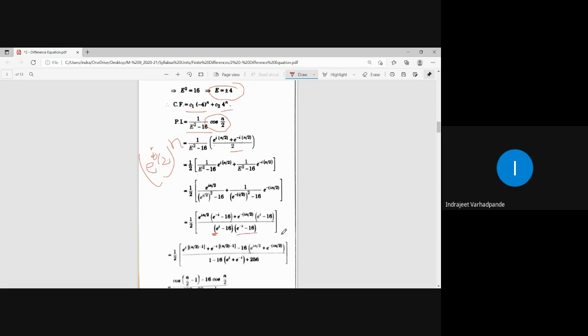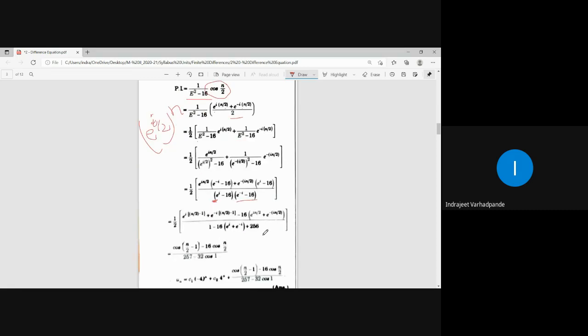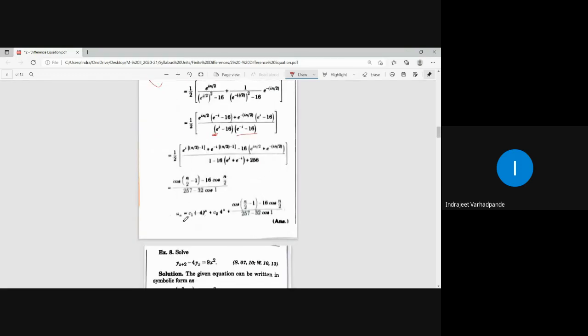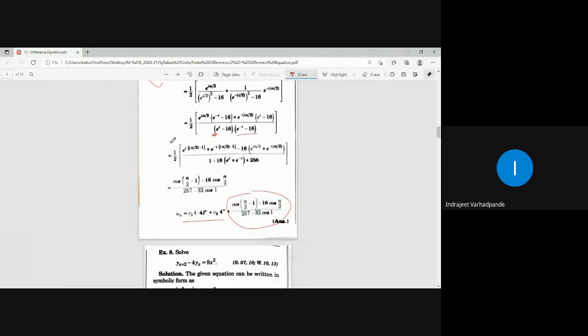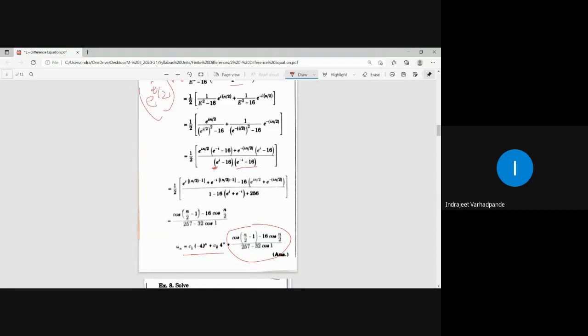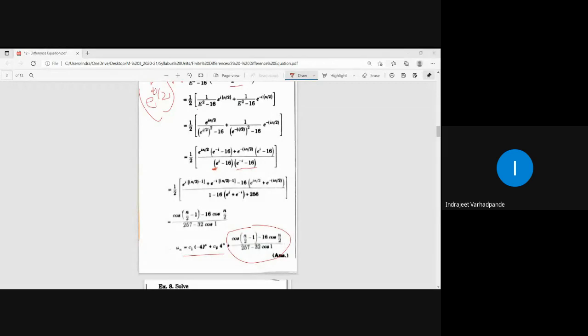So similarly here also we try to open the bracket by doing the cross multiplication, taking LCM in the denominator and simplify it. Your answer is un is equal to c1 minus 4 to the power n plus c2 4 to the power n into cos of n by 2 minus 1. See, whenever the initial question is given to you in the form of cosine or sine, we always try to bring the answer or the solution or simplification of the particular integral, that too in terms of sine or cosine, because that becomes very convenient to reduce the terms, right? So accordingly we will be trying